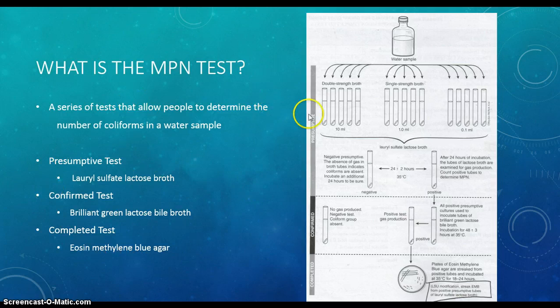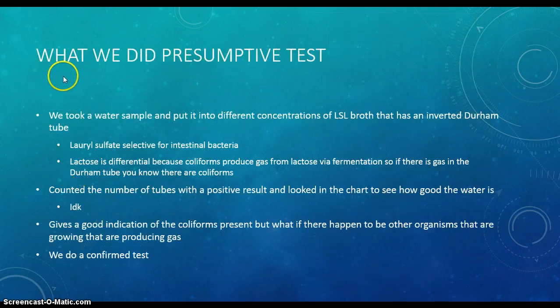Alright, so a general overview is right here. What we did was we took a water sample, took 10 milliliters and put it into double strength broth. Then we took 1 milliliter and put it into single strength, and then 0.1 milliliter and put it into single strength. So we had 15 tubes inoculated, but they're all at different concentrations, and that's important because